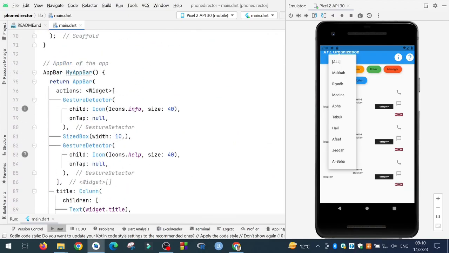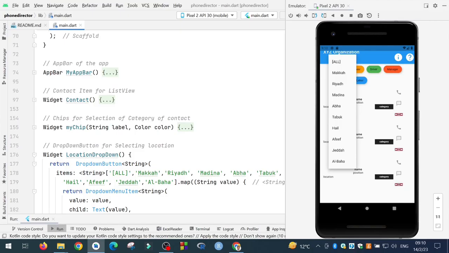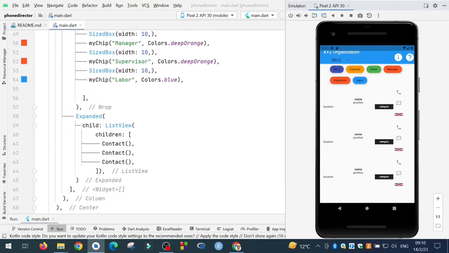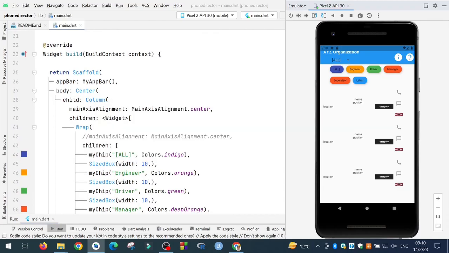So this is my app bar. Now with this we finish the my app bar, this portion of the application. The next thing is the body, and the body of the application is center. So there is a center widget, and inside the center widget there is a column widget. So this whole is a column